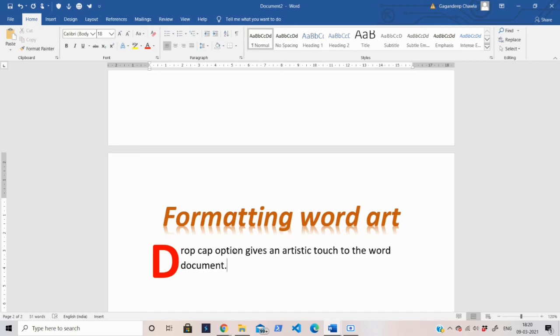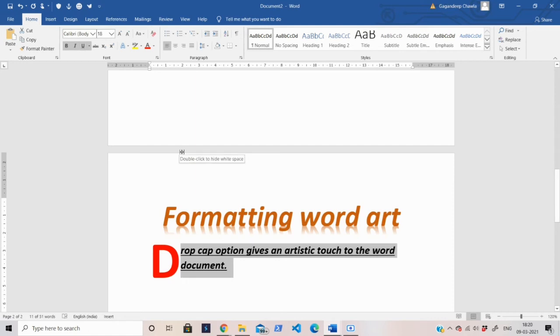Now let's learn about creating a macro. A macro is a series of commands. Suppose I want to make this text bold, I want to make it italic, I want to make it underline. So I have used 3 commands. I can combine these 3 commands and make a button on the quick access toolbar, so that all these effects can be applied on the text by clicking on a single button. So how can I do that?